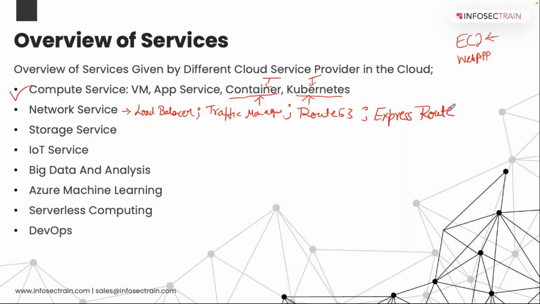So what is it doing? One common thing when you are thinking about data centers around the globe: Azure has its own data centers around the globe, and AWS has its own data centers around the globe. In Azure, they have a private network which connects all the data centers around the globe through their own private networking line. They have spread that across the whole world.